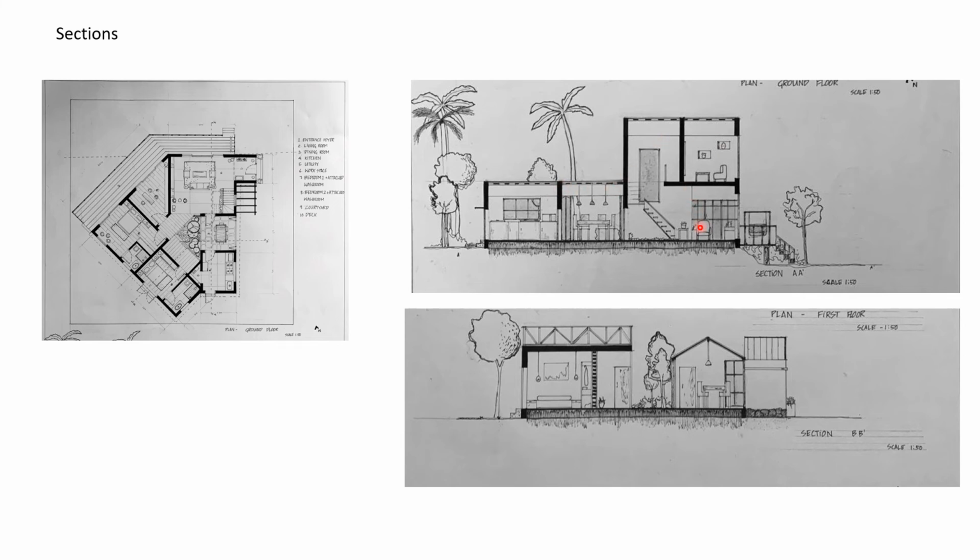The height is around 3 meters. We also reduce this height. The gable roof is at a particular height, so it gives a sense of closeness. The next section which I have taken is from here, which goes through the bedroom, and this shows the